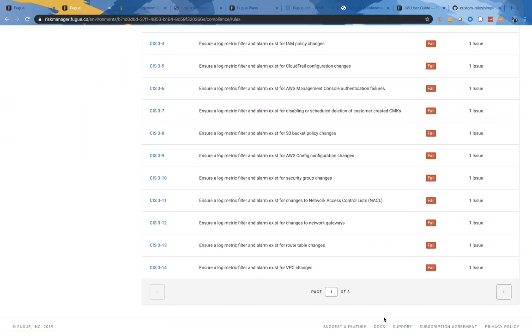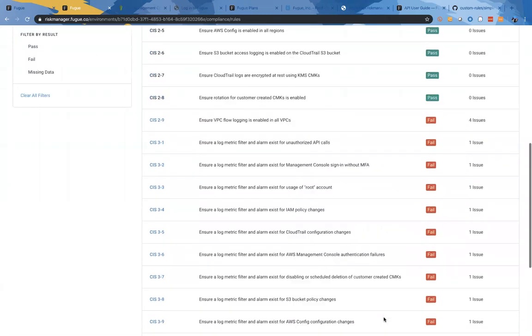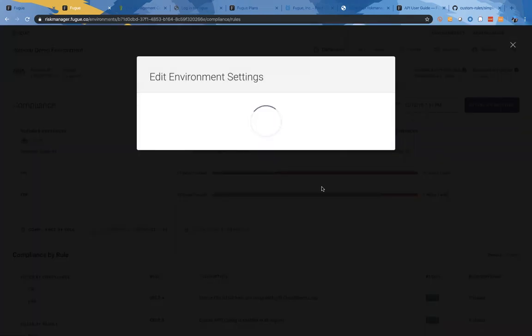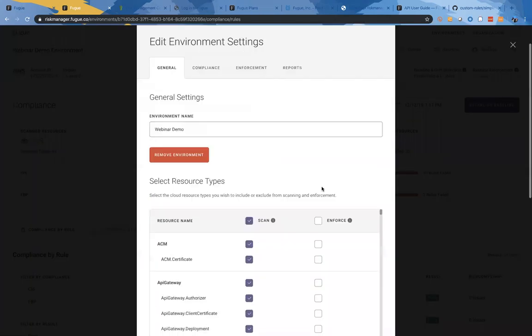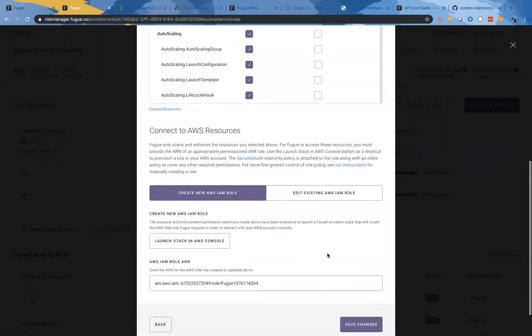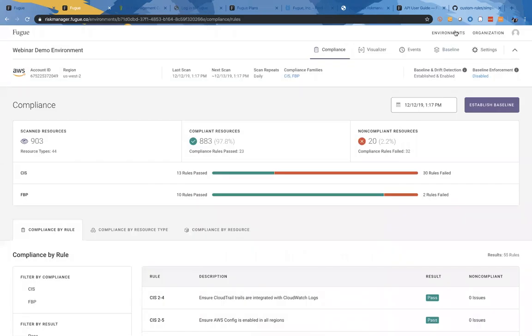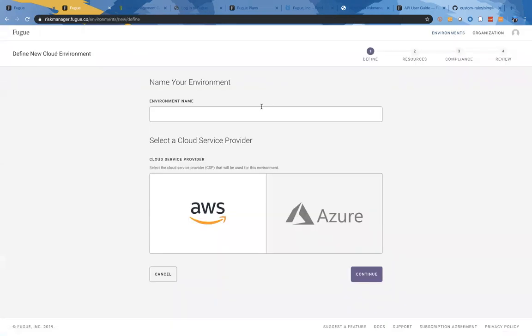I encourage everyone to go through our docs, talk about a couple of different use cases, suggest a feature, those sorts of things. And actually, before we go, I'll show you really quickly how quickly you can establish a different use case. So if we wanted to look at, say, an isolated group of infrastructure within your environment, just to show you how simple it is, I'm going to grab this role ARN really quickly, because this is giving me the permissions that I need to scan everything. But if we define a new environment,